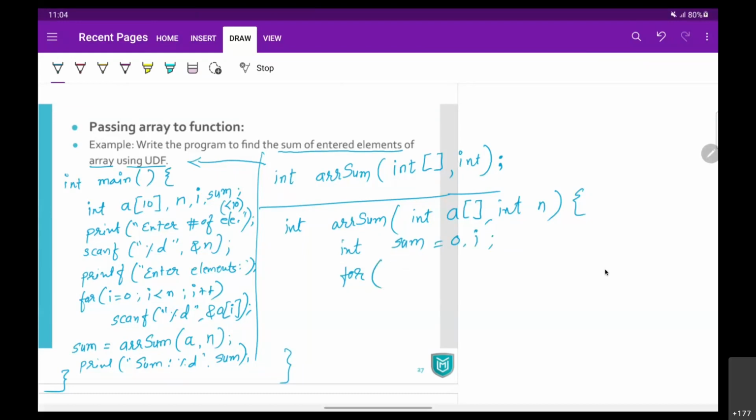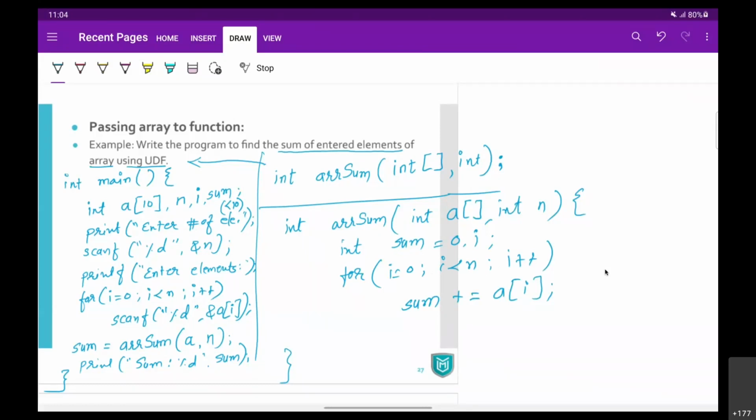So we can use for I equals to 0, I less than n, I plus plus, और हर बार मैं क्या करूँगा? Sum plus equals to A of I. ith एलिमेंट को हम sum के अंदर ऐड कर देंगे, and I've used shorthand operator plus equals to here.